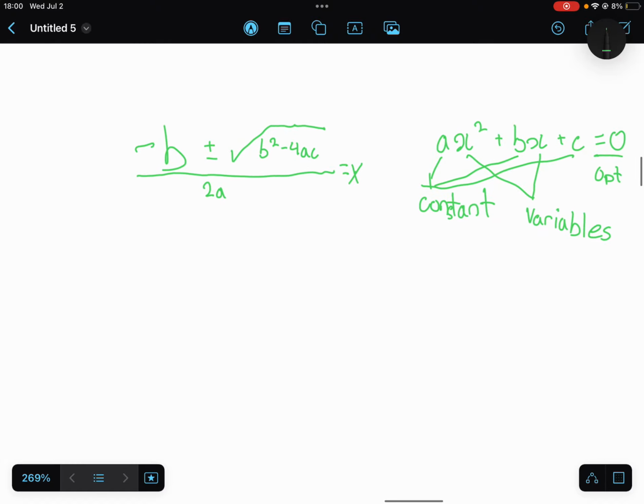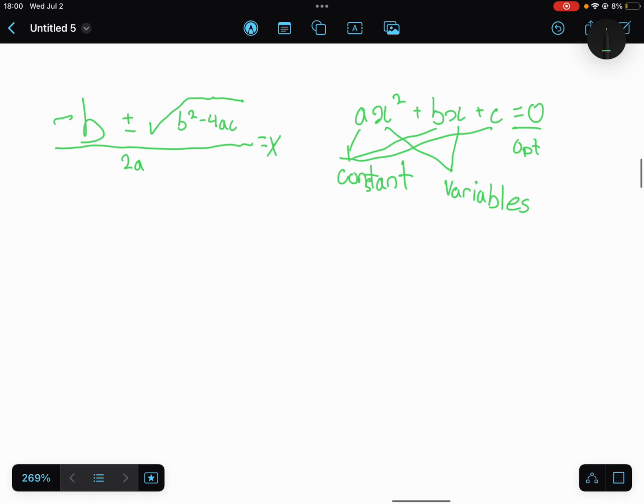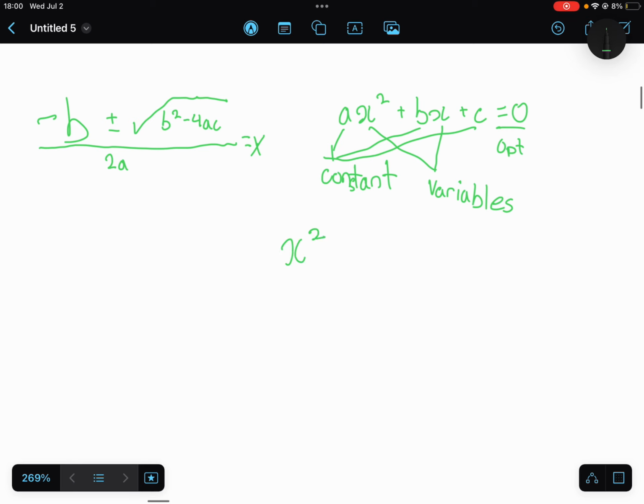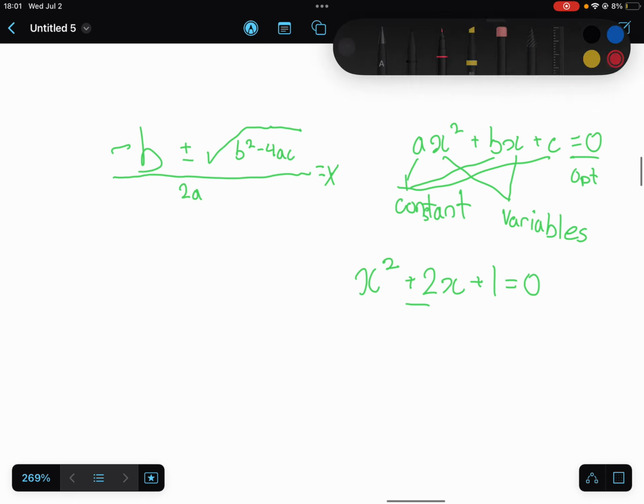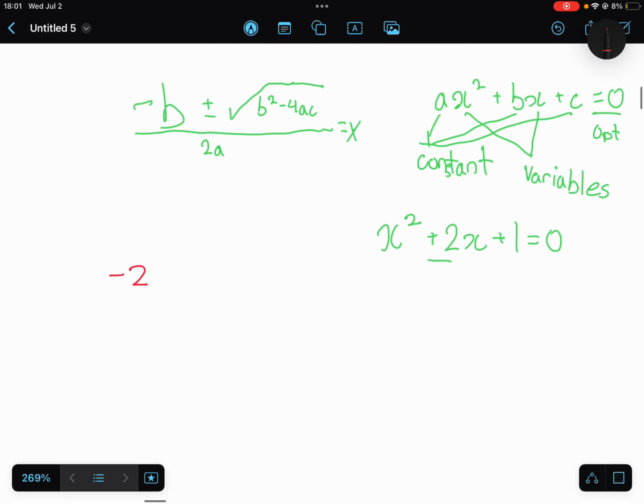So, how do you solve it? Well, let's do a simple equation first. x squared plus 2x plus 1 equals 0. Now, this is really basic, but let's still try the quadratic formula. Negative b. So b is 2. So, when we plug that in, we get negative 2 plus minus root